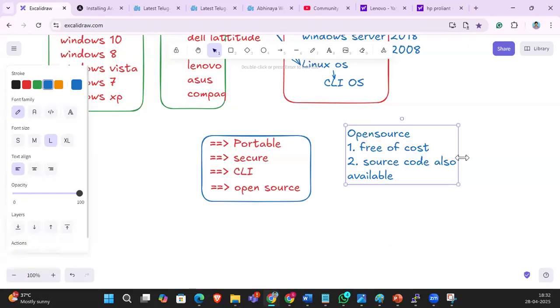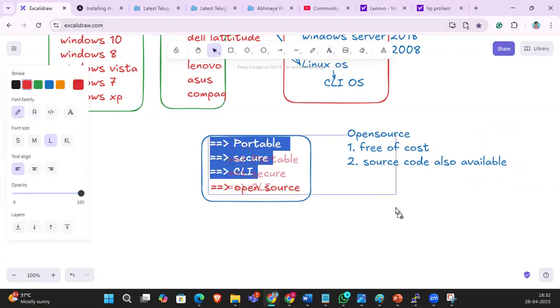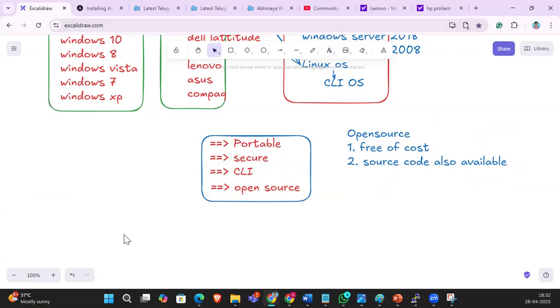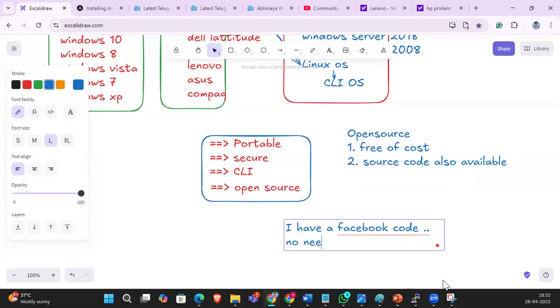If the source code is available, for example, you have the Facebook code. Do I need to develop it again? No, no need.